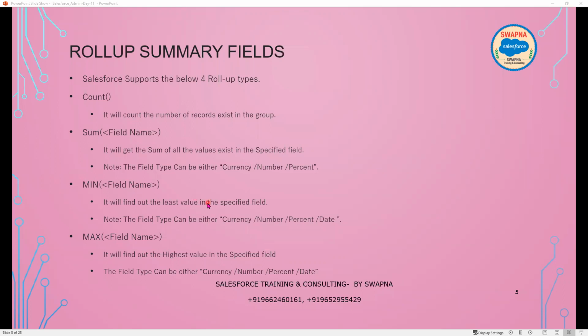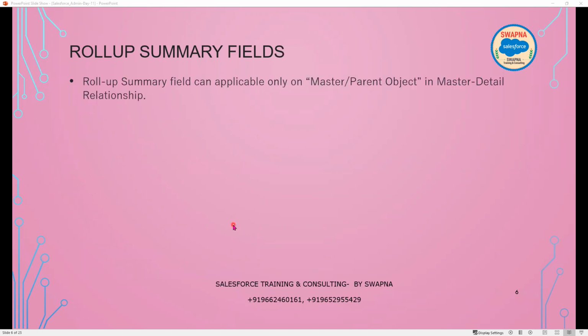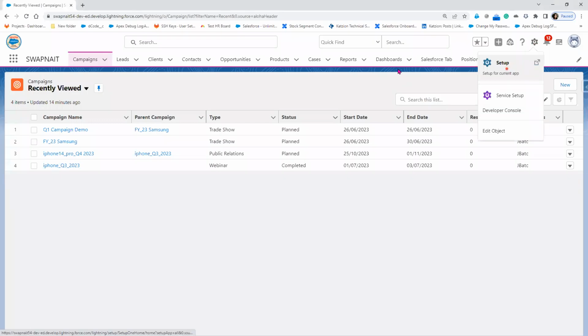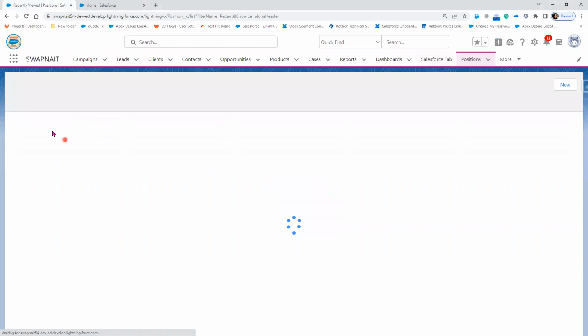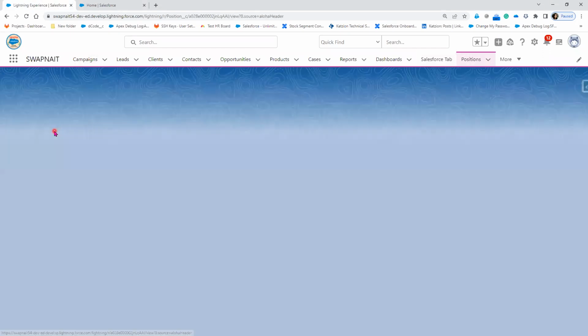And these are the different roll-up summary fields. Roll-up summary fields can be applicable only on the master parent object in a master-detail relationship. Yesterday we created a roll-up summary field on the position object. If I go to the position object and open any record, it will give me the count of